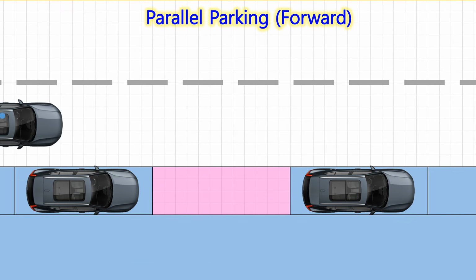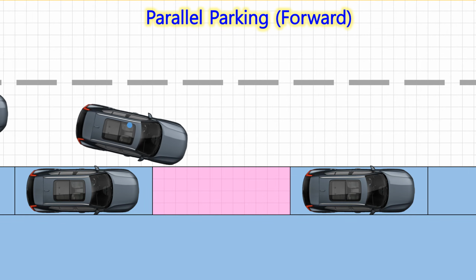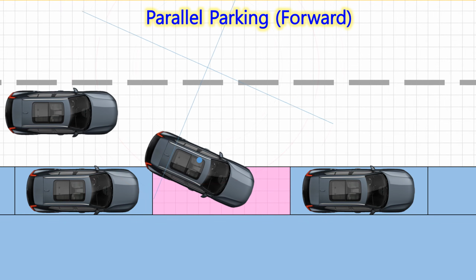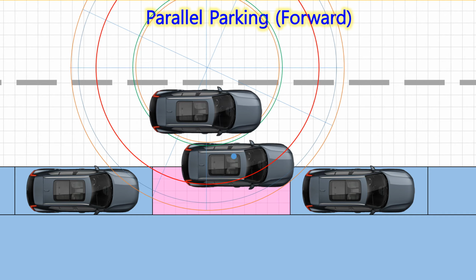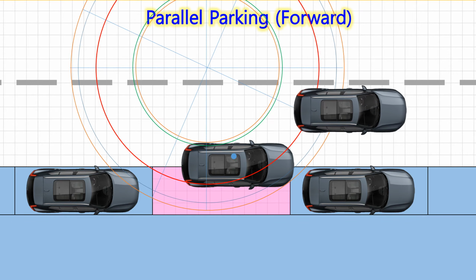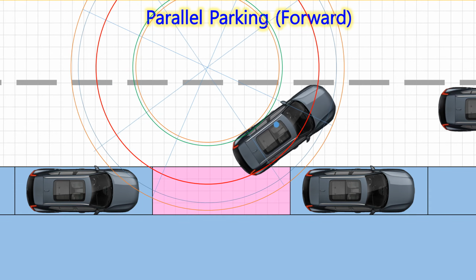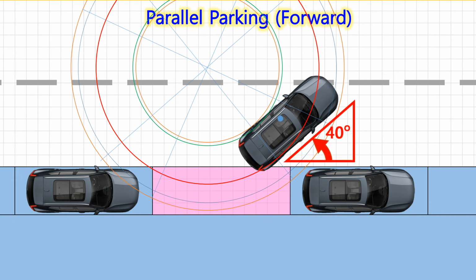Let me show you it again. This time, stand parallel to the parking space, not towards the corner. When the vehicle behind you passes by, it advances and tilts at an angle of about 40 degrees to put the right rear wheel into the green zone. It is over the next lane. You should make sure there is no vehicle coming.